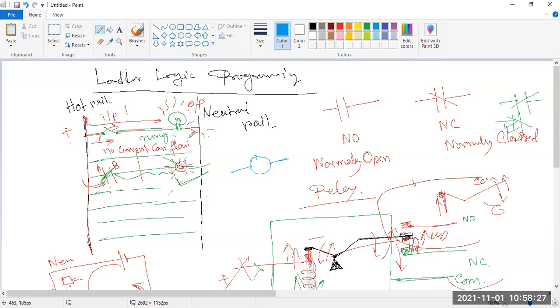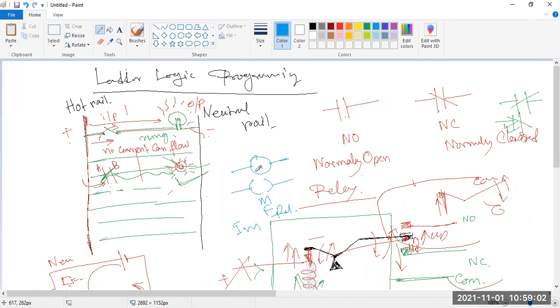So you can see in your PLC there are only three things. First, input is NO and NC, and output, every type of output, is given by this coil, the relay coil, in this way, or somewhere it is given in this way. It may be a motor, it may be a fan, it may be a relay coil, it may be an indicator, whatever it may be, but PLC can understand only three things. One is NO, second is NC, and third is relay coil, nothing else.